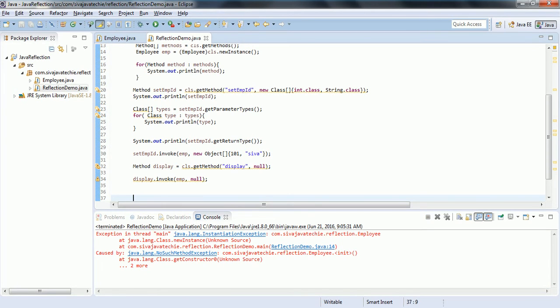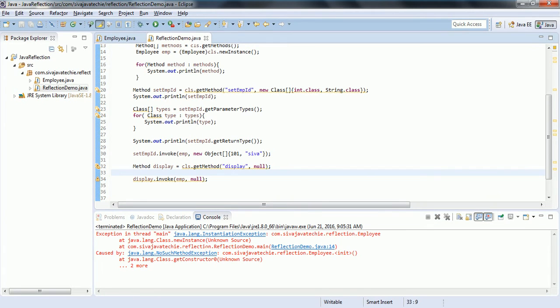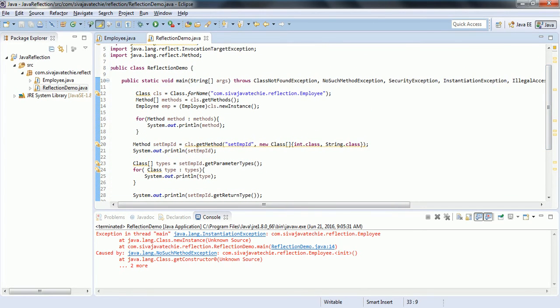sorry, here it is getting an InstantiationException, no instance. Okay, one second. Here you can say object. Okay, now let us see.